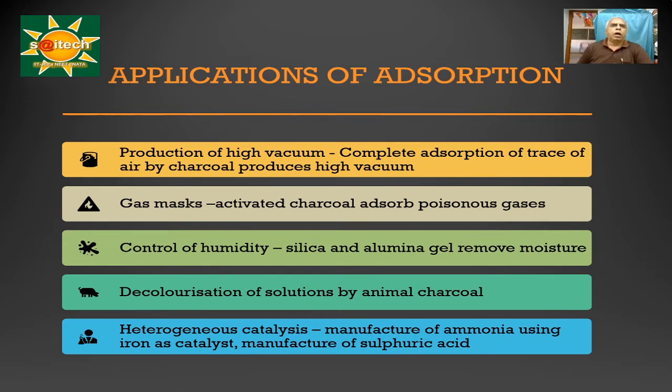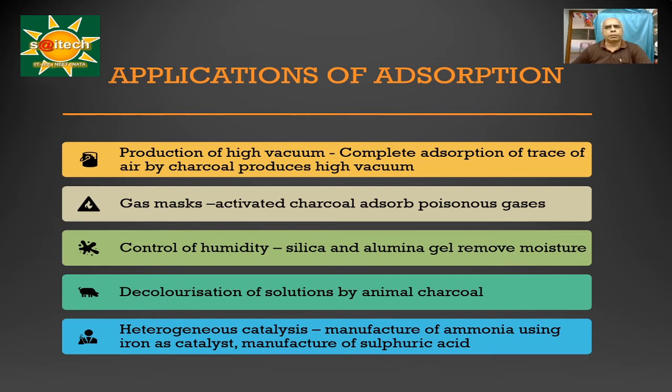Then, the control of humidity. Silica and alumina gel remove moisture. So by removing the moisture, we can control the humidity. Then solutions can be decolorized by incorporating animal charcoal. And there is a famous heterogeneous catalysis, and it is used in the manufacture of ammonia using iron as catalyst,